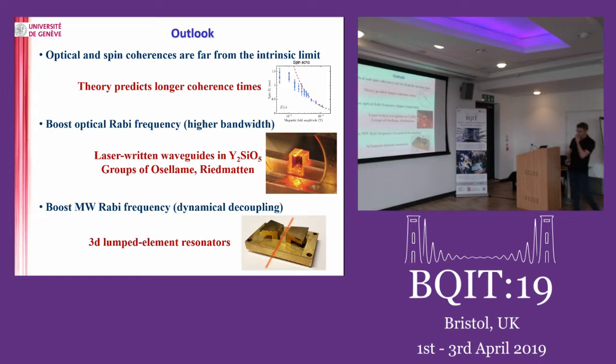And we got a bit inspired by what people have done in NV centers. So this is the kind of microwave 3D lumped element resonators that the group of Johannes Majer is using at IST in Austria. And what it does is that it creates a very homogeneous microwave driving field over a large volume. You have to remember that our crystals are like 1 centimeter long. It's very challenging to create a very homogeneous driving field to perform a Rabi flop over the whole volume.